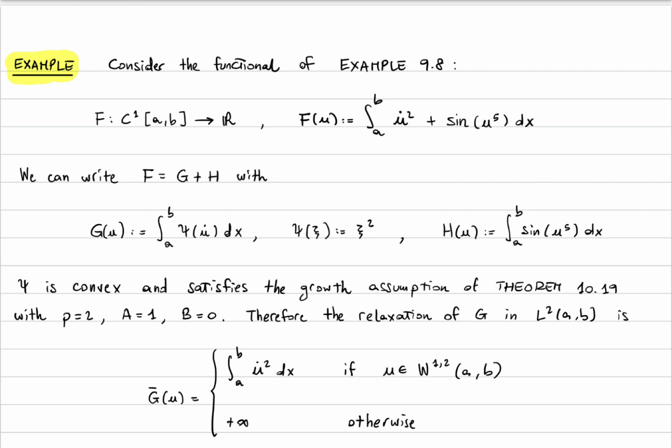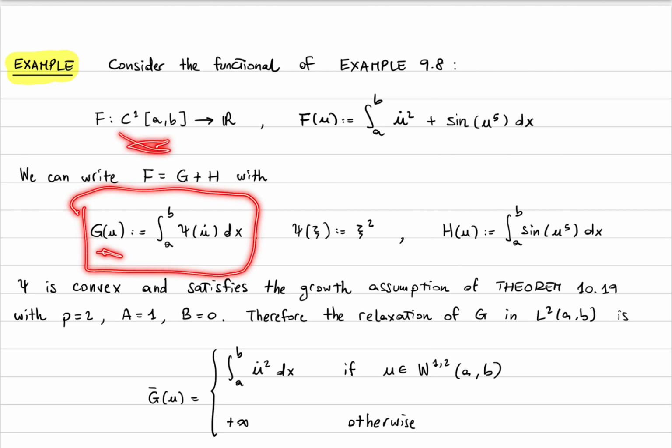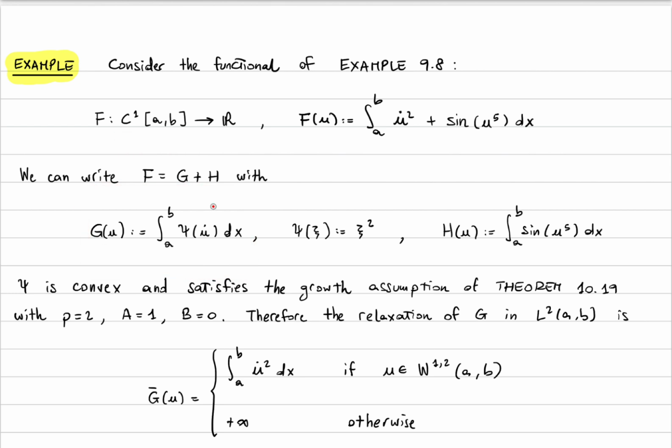is just given by G bar, which is the integral from a to b of u dot squared if u belongs to W12 of AB, where again this is the weak derivative of the Sobolev function u, and plus infinity otherwise. So from the theorem we know that this is the relaxation of this one, and by this we always mean that we first extend G of u to L2 by setting G of u equal to plus infinity if u does not belong to C1. So if u is only L2 but not C1. And instead for the other